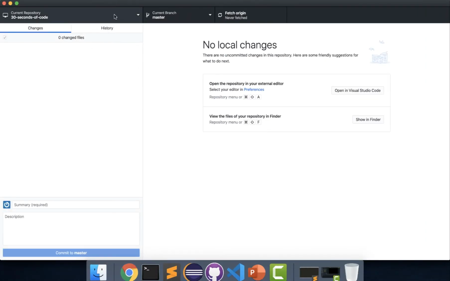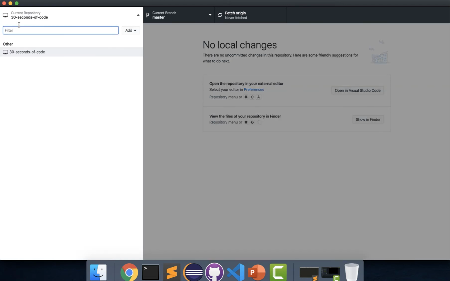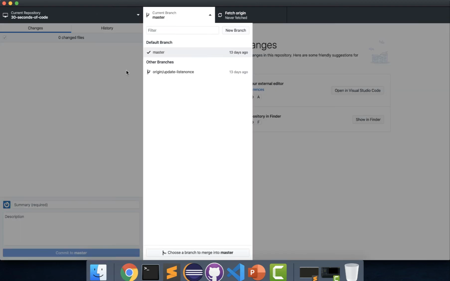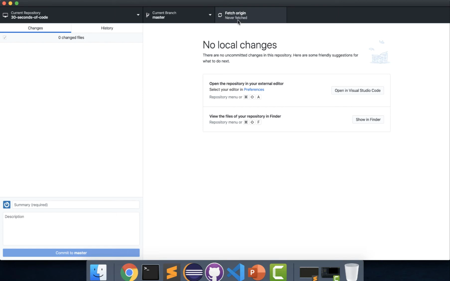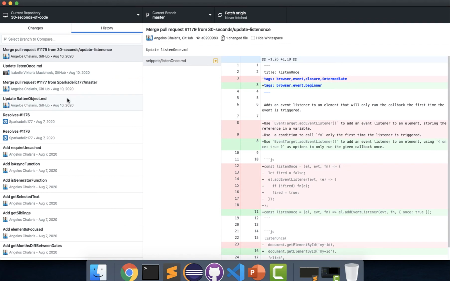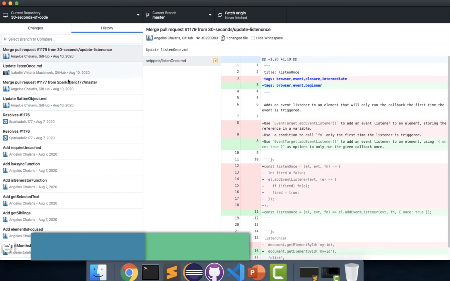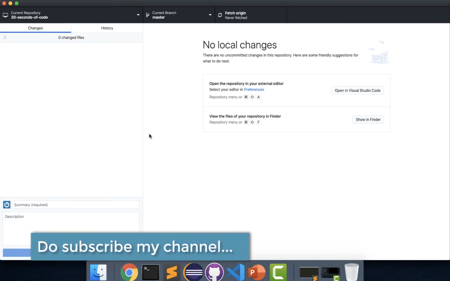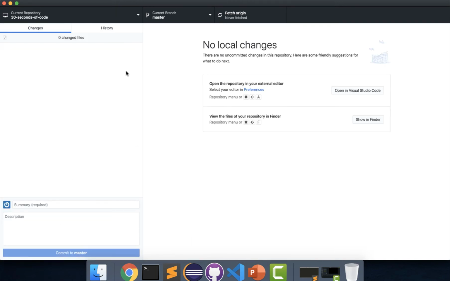If I go back here to the GitHub Desktop, you can see a few options and details. That is, the current repository is this. We can select a new one if you want. The current branch is master over here, and there is fetch origin, if you want to fetch something from origin. We'll discuss this in upcoming sessions. If you make any change in the repository, it will show on this particular screen, and it will show the history of the commits as well. So you can see a lot of commits have been done. So these are all the changes that have already been committed in this particular repository, and that's it. So this is how we can clone a remote repository by using GitHub Desktop.